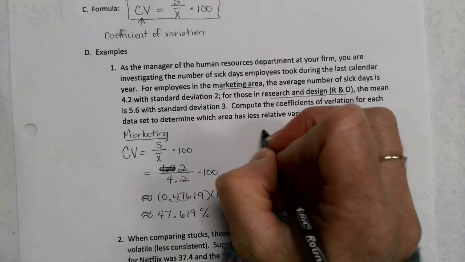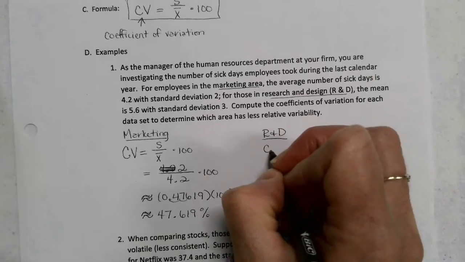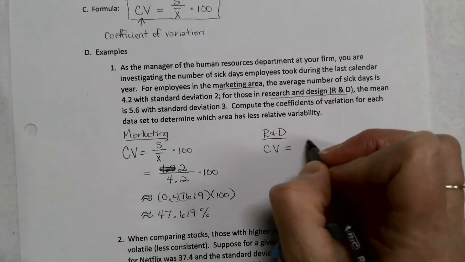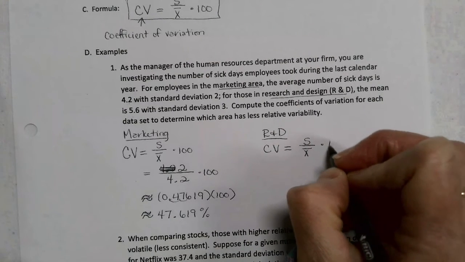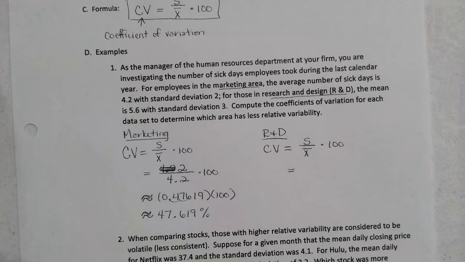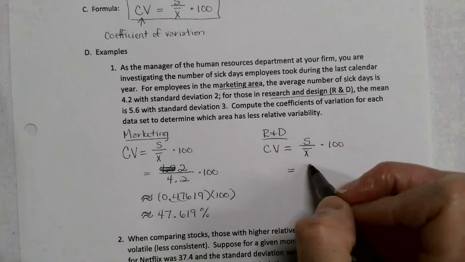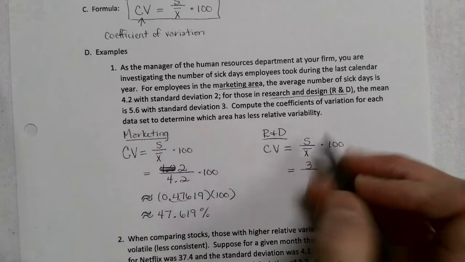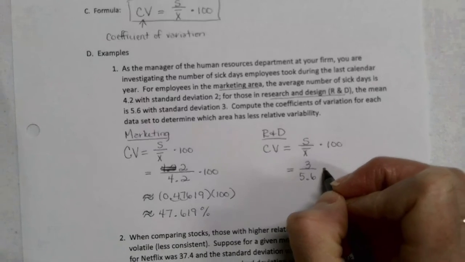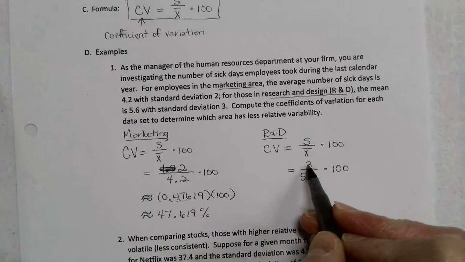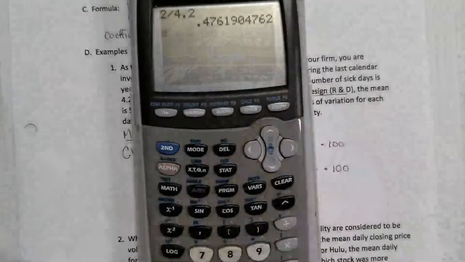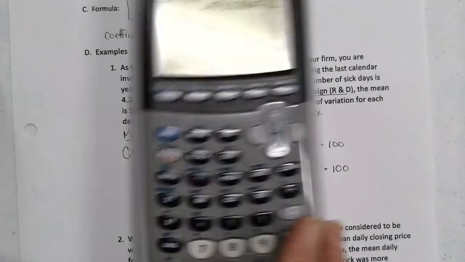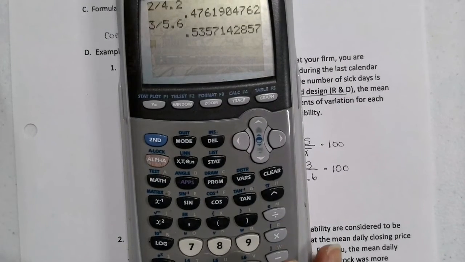Now let's take a look at the research and design group and get their coefficient of variation. Once again, we're going to take the sample standard deviation and divide it by the mean, and then multiply by 100 so that we can standardize these numbers and compare the two groups. My sample standard deviation is 3. The sample mean is 5.6. When I take 3 and divide it by 5.6, I get